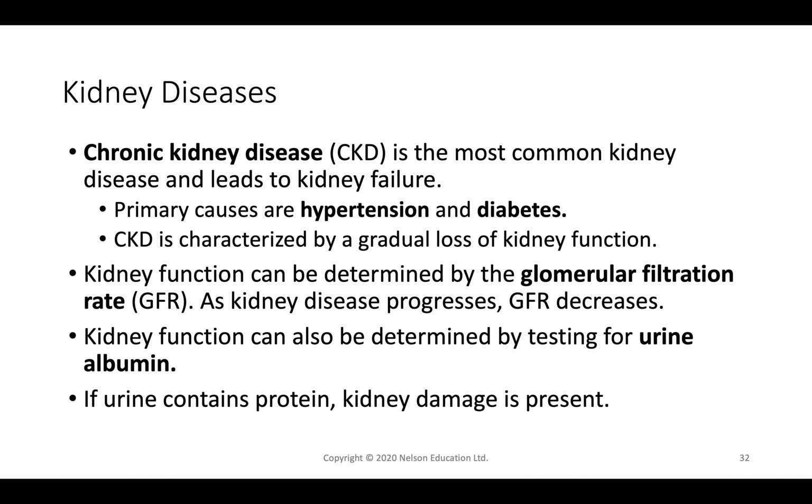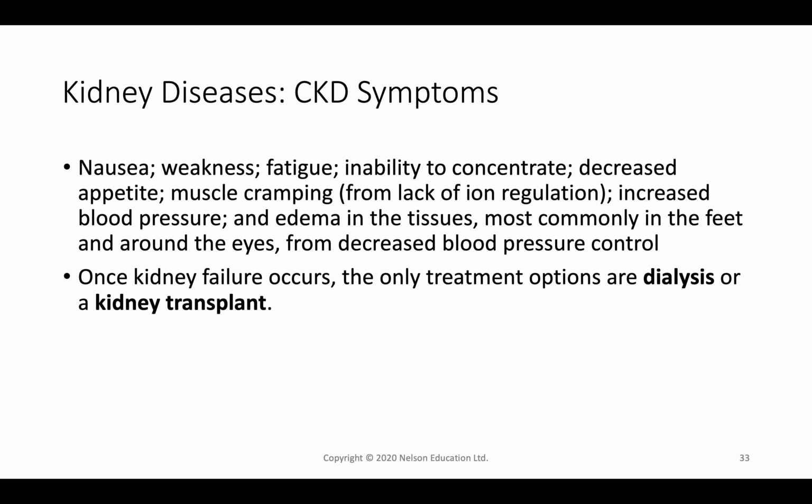We can also determine the amount that our kidneys are functioning, so the percentage kidney function, by looking for something called albumin in the urine. Now, albumin is a protein. Remember, proteins are not supposed to be present in the urine. Things like proteins, red blood cells, and glucose are the equivalent of your car keys, wallet, and cell phone. They need to go back into the purse, right? So if the urine has protein in it, the kidneys are not working functionally. So we have damage to the kidneys, and we can indicate how far that damage has progressed by how much